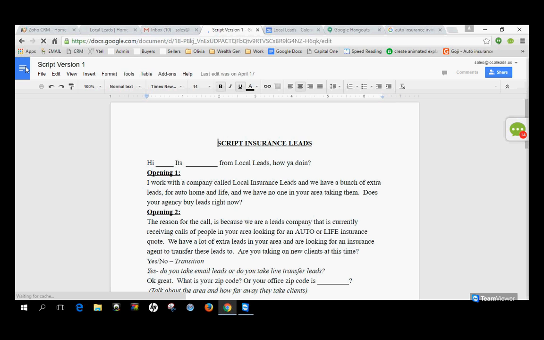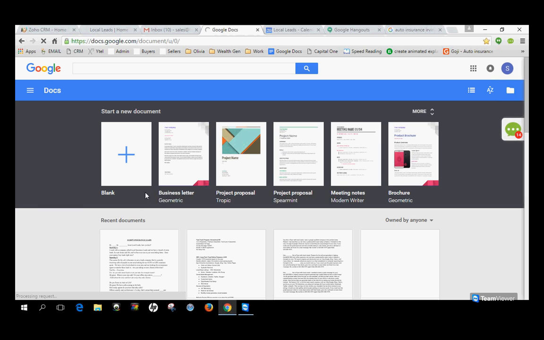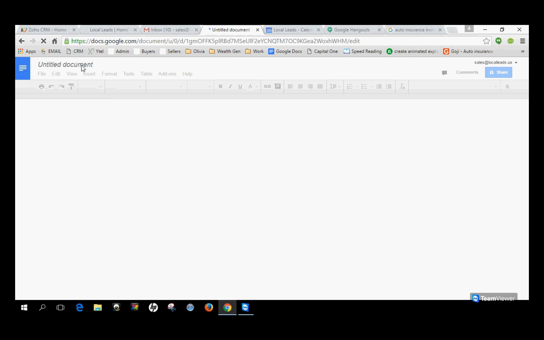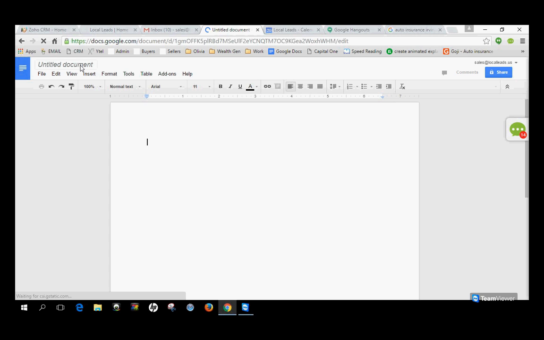So if you need to print it off, you can. You don't got to download it. You can edit it. All of that kind of stuff you can do right here on the screen. You can also make your own docs if you want to. So if we're on a conference call and you say, hey, I want to make a new doc, or I want to have a place where I can take notes every day, you can go right here and start a new document. It's going to open up a new document, and you could put on here, let's say it is conference call notes, right? So we name the document as soon as it loads. Conference call notes,